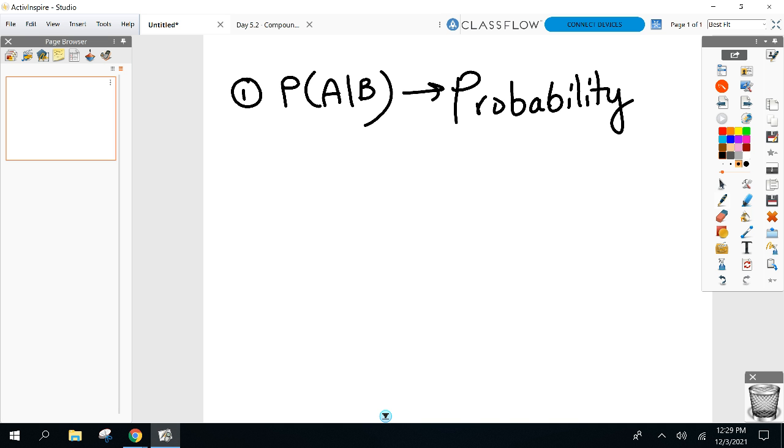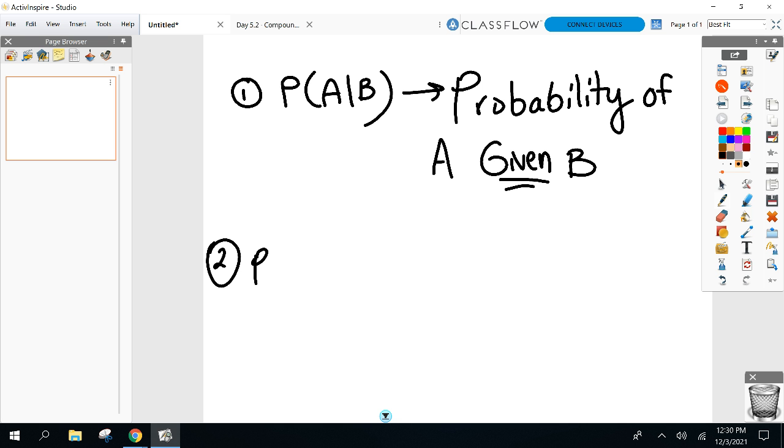So event A, probability of A, and I'm not letting you off the hook for this one, what that vertical bar means. Given. Probability of A, given, that's what the vertical bar means. B has happened. Remember, B has already happened, so that's what it's going to be out of. Next one, read it for me. And I know this seems pretty elementary-ish, but I don't care.